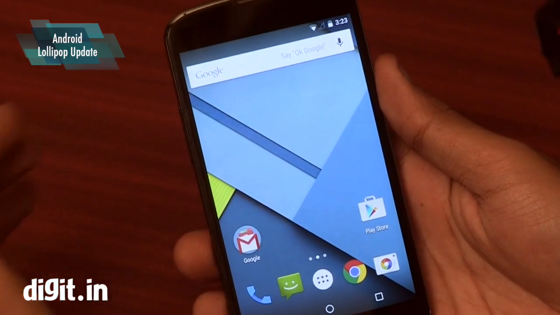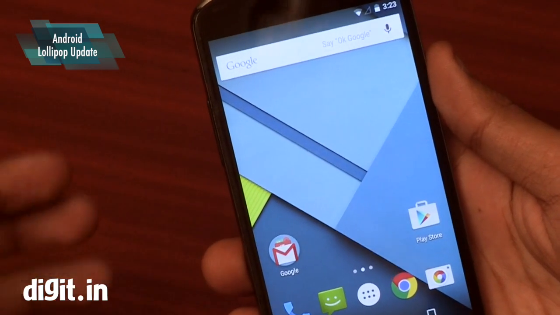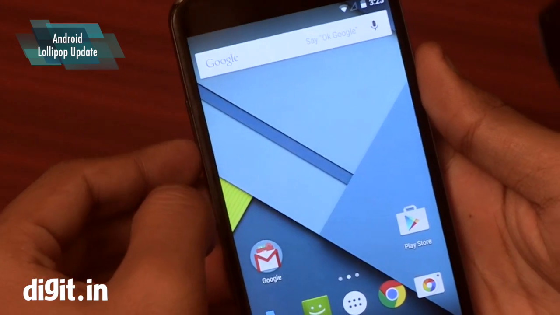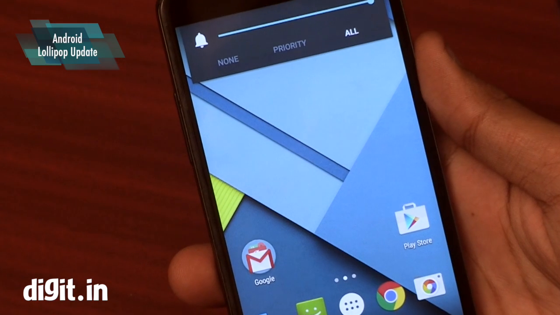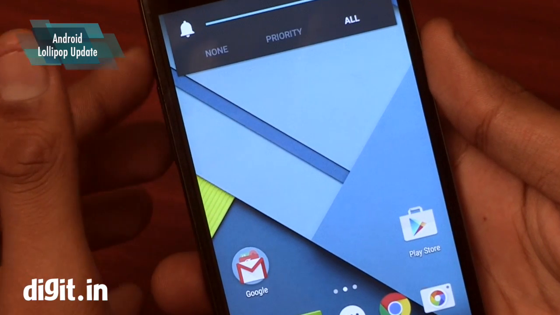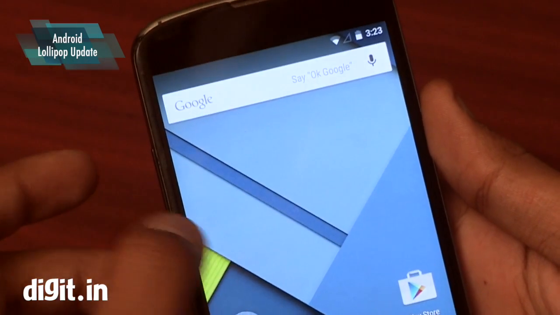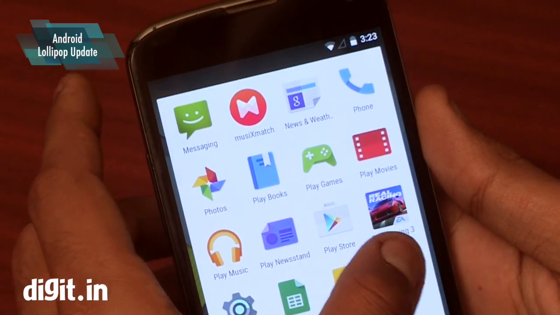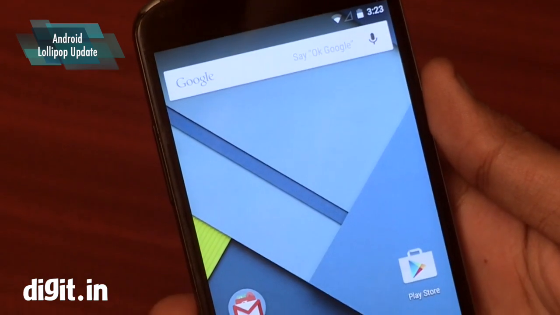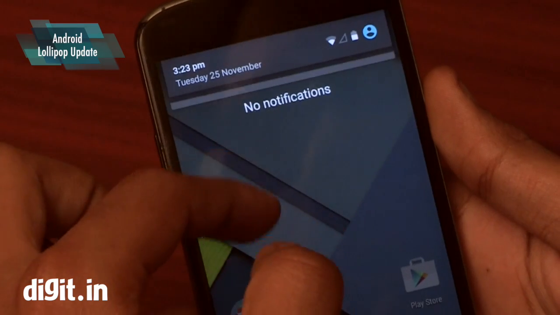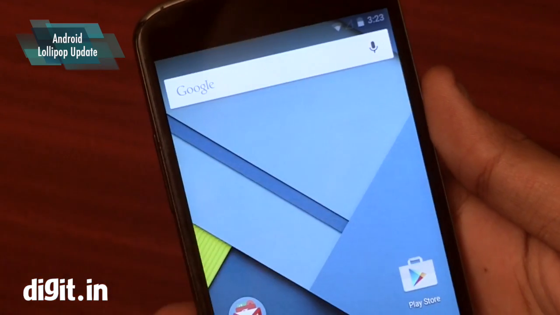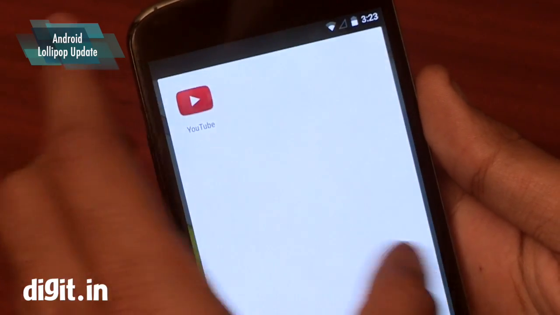So let's focus on what Android Lollipop takes away from KitKat and what you might miss. The first thing that you will see is that pressing the volume control on the side, you don't get the silent option anymore, which we mentioned before as well. This might be a problem for many users. In fact, many have already complained about this, because you might want your phone to go on silent and not